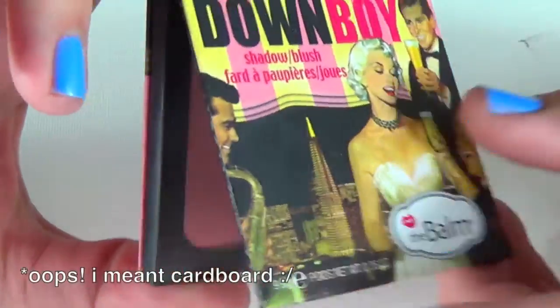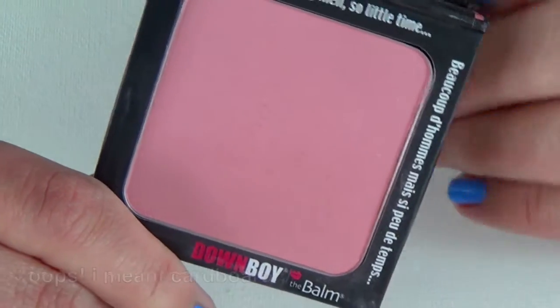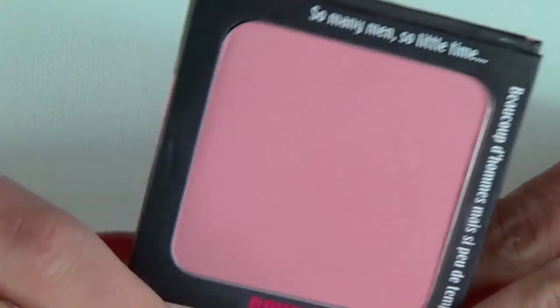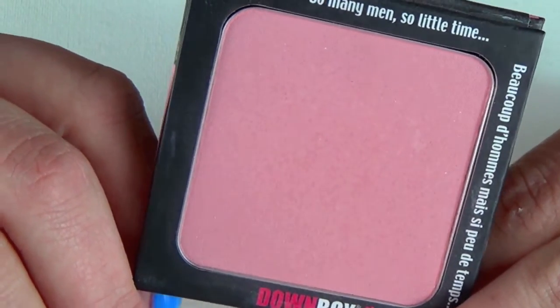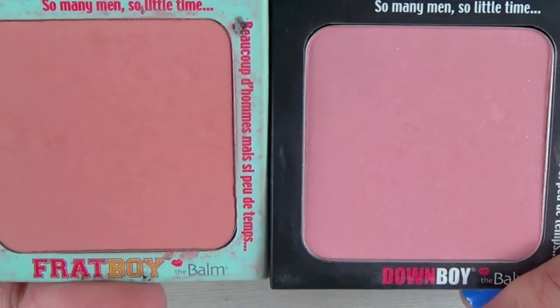So it's just in a plastic packaging, and it's this really beautiful sort of cool toned pink, which is very different for me. I tend to gravitate towards warmer colors for some reason, but for this one it's just a cooler toned plummy pink color, and it looks beautiful with this eyeshadow as well as the lipstick that I'm going to apply it with. Just to give you a reference point for how cool the Down Boy blush is,